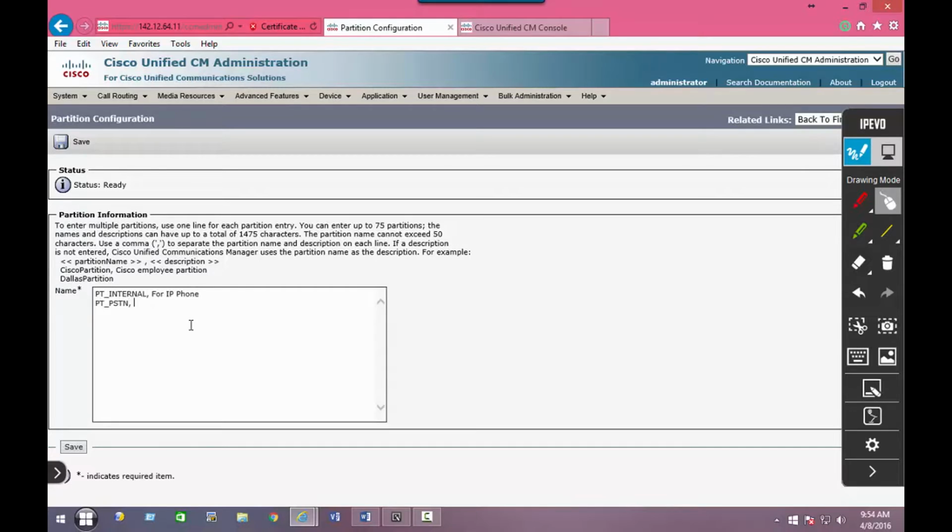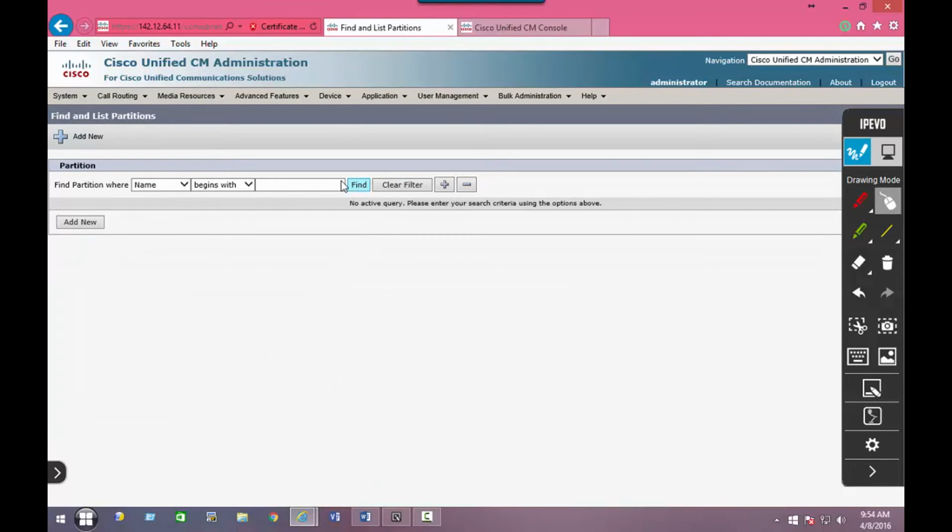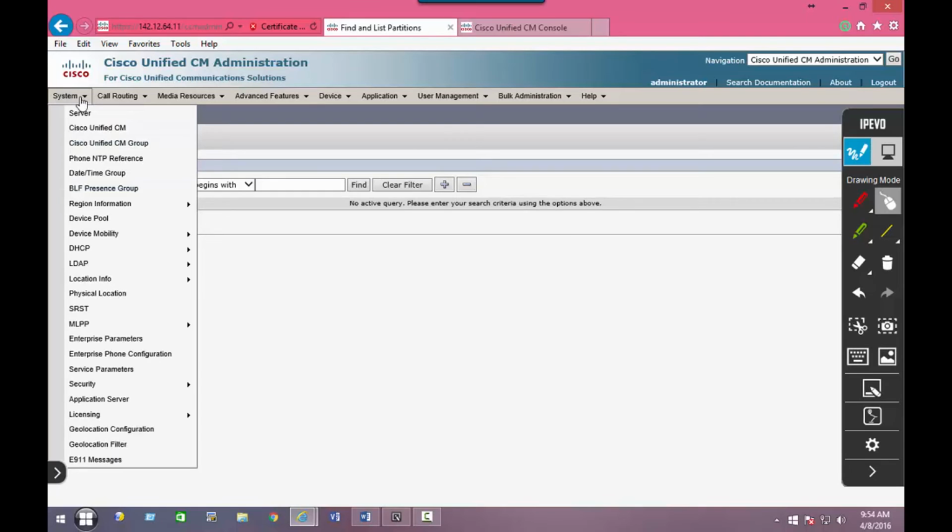PT PSTN for calls to the PSTN, for route pattern, and for PT translation pattern, TP rather, we'll call this for the translation pattern that we're going to use. Now there are more partitions you may need to create, but we'll come back to that in a minute. Now under the system menu, you want to go to system